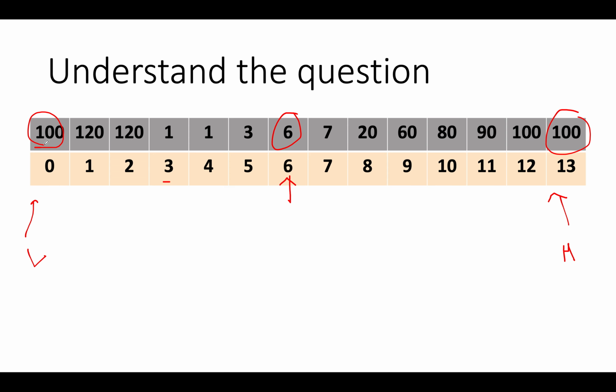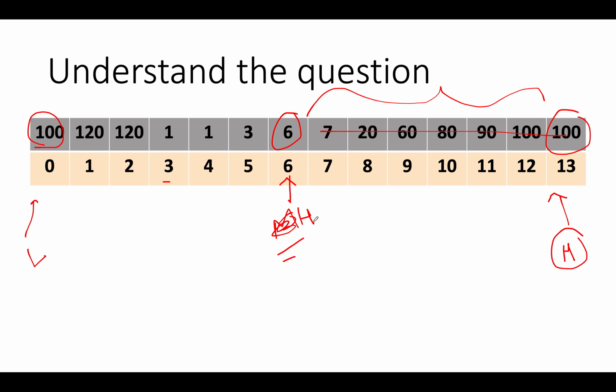Looking at these three values, we can say that we can simply discard the right part of the array. This part can be safely discarded because the value at the middle index is lower than the value at the high index, and we are interested in finding the minimum. Therefore the minimum can never lie in this part of the array, by virtue of the middle element being lower than the high element. So we simply update high to mid.